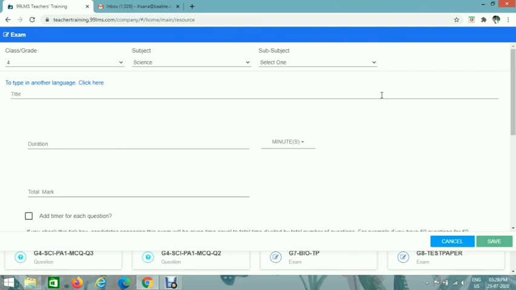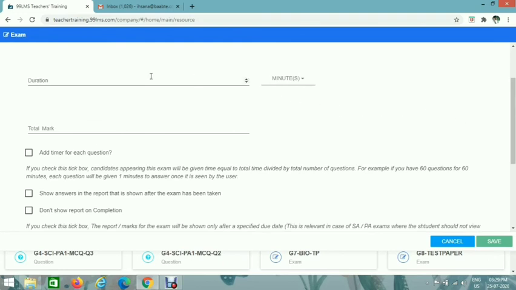So now you have to add title, G4 Science PA1 assessment, and then you can give duration of the exam,